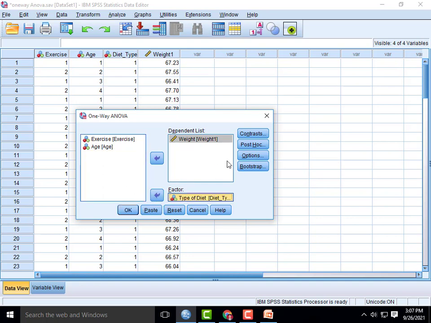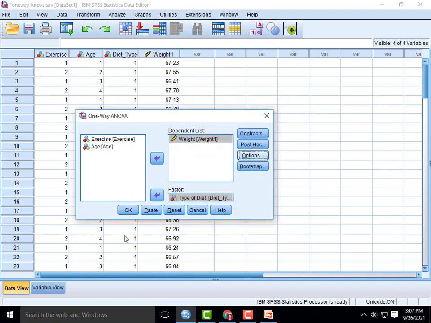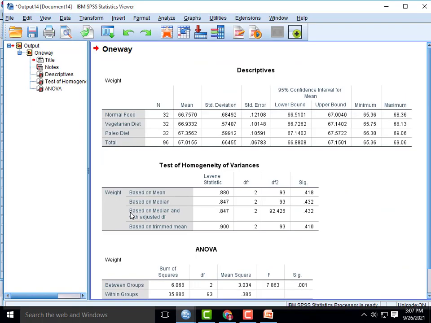Now go to Options, select Descriptives, select Homogeneity of variance test, then click Continue, then click OK.